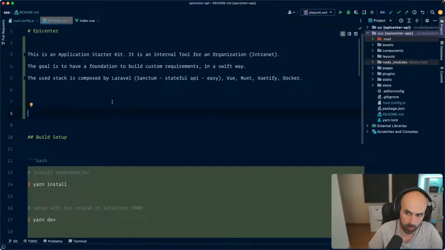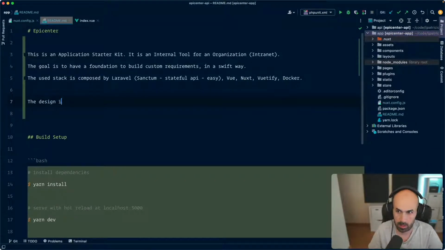So what I'm going to do is, the design is the foundation. The foundation for the design is